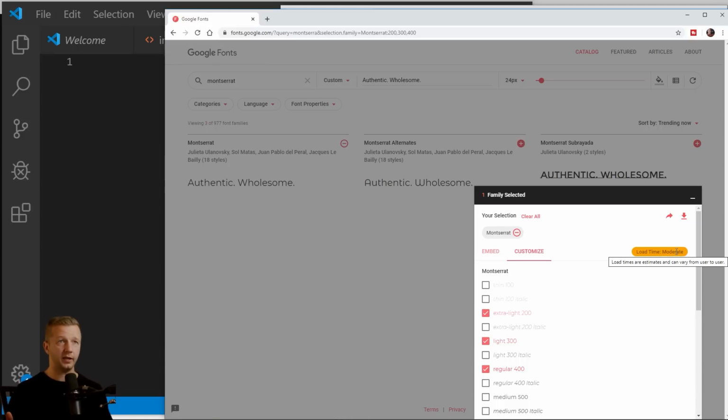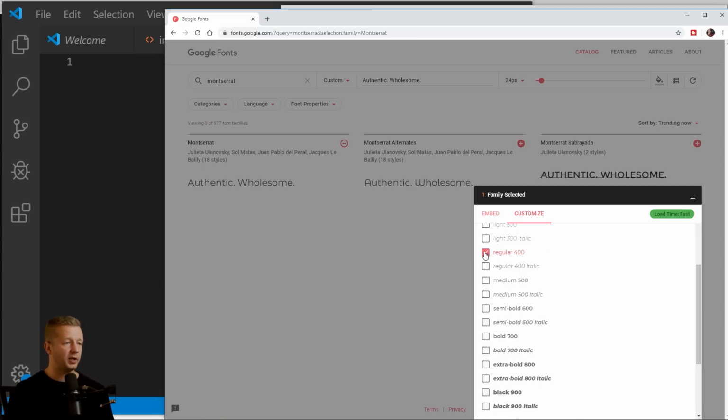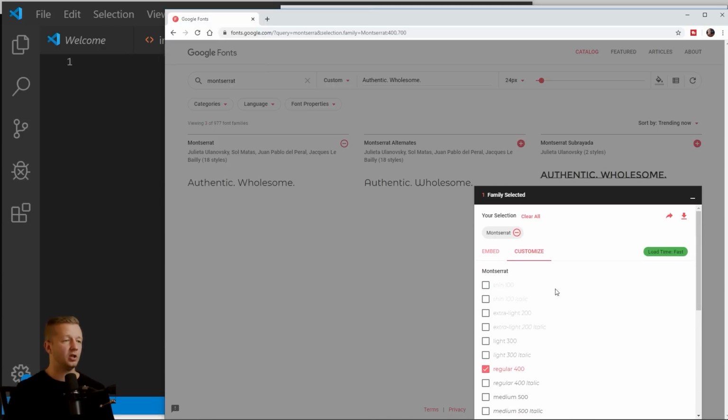Are they on 3G or 5G or whatever, or on a cable connection? So the more variations of your font and more weights that you add, the longer it takes. All right, so for me, I'm just going to have regular 400 and then bold 700. Usually the UI UX designer will tell you which fonts you need to use. All right, so once you've customized it,